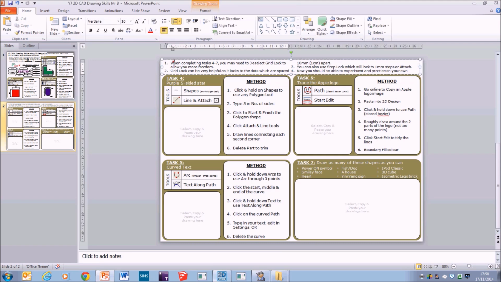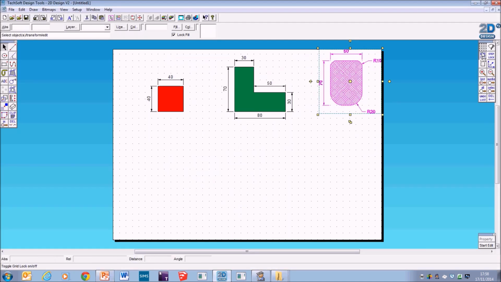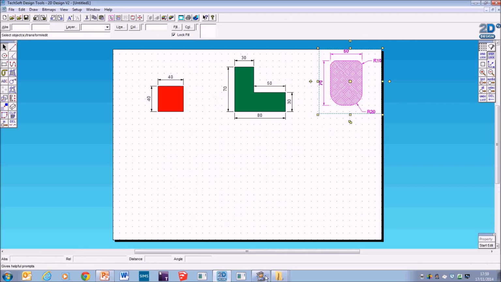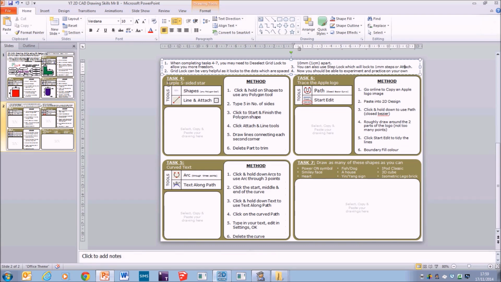Task 4, when you complete these, you might want to deselect the gridlock to give you a bit more freedom. So we're going to do that and switch gridlock off. Okay, gridlock can be very helpful, but it locks the dots to 1 centimetre apart, and that's not much use. For what we're going to do, we're probably better off using step lock, which uses 1 millimetre steps, or attach. So I'm going to put step lock on for this one, and for this task we're going to make a